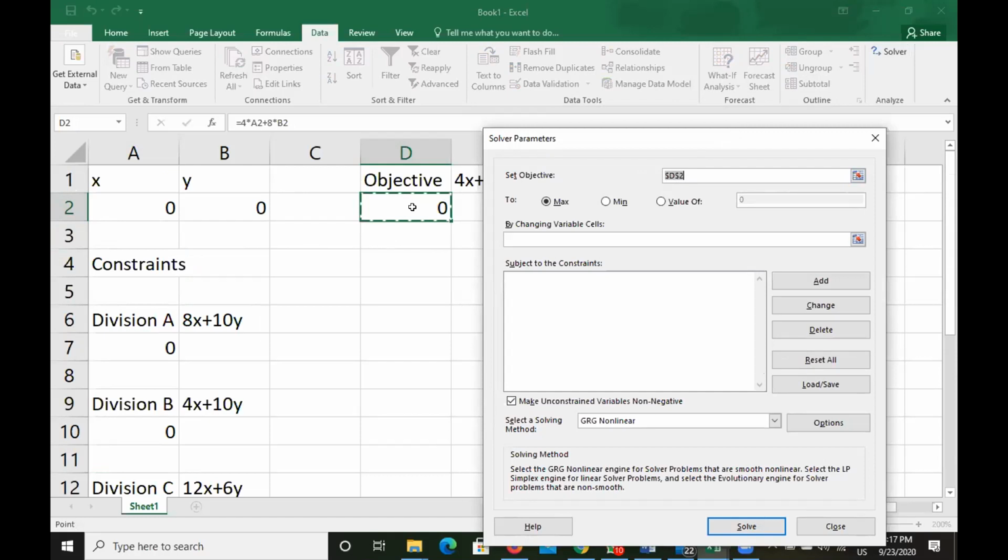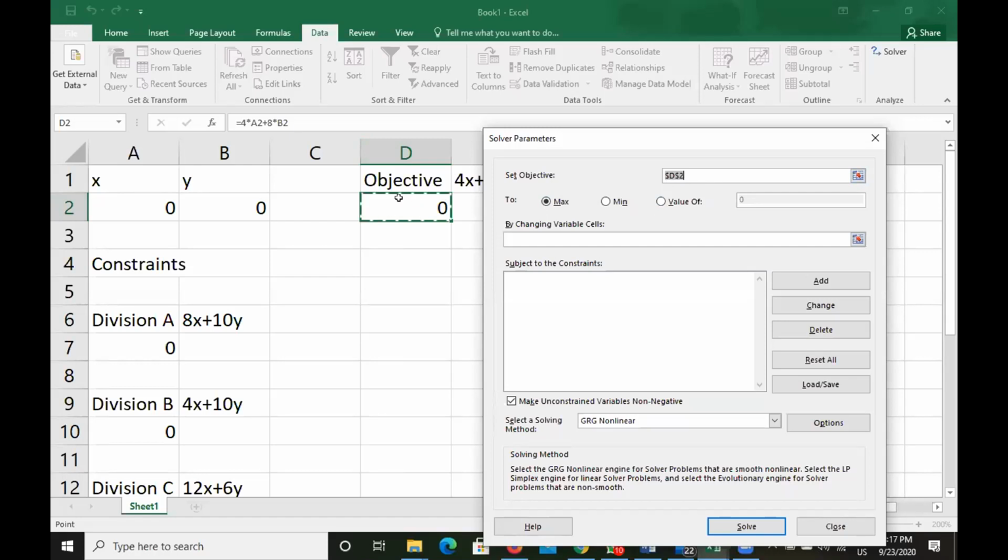If you see anything other than D2, then you haven't selected the cell correctly. So I'm saying again, you must see D2 in the set objective. Why? Because this is the cell which contains the formula for the objective.